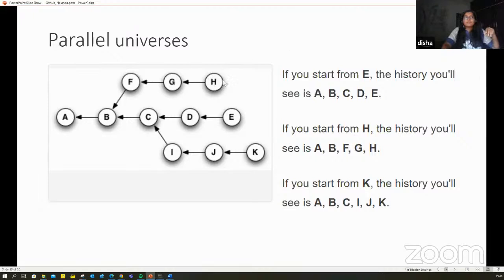But if I am at node H, then I only have the option to go this way. I cannot jump from H to E or D. There is a sequence, there is a direction for my path from H coming back to F, then B and A. If I'm on H, E or K, there is a possibility that I can reach node B, very definitely all of these reach node B. However, if I'm on H, I cannot reach D or J or something like that. So there are nodes here from where you cannot access all of the nodes.